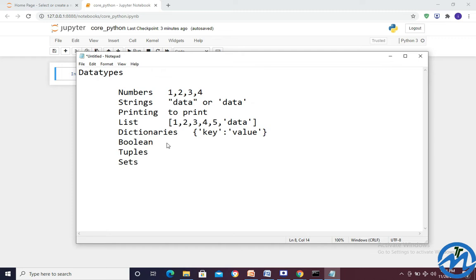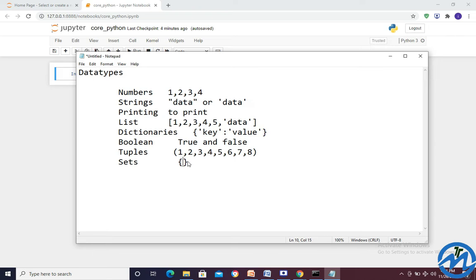Boolean, anyway everyone is aware of the Boolean, true and false. Tuples: any data you can give into the tuple. We have a set. How will you get the set?